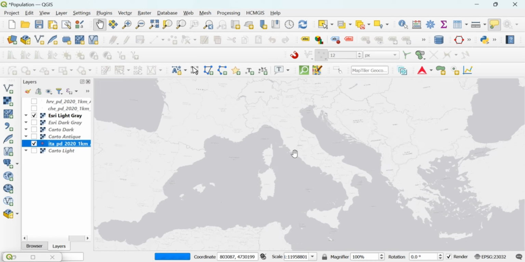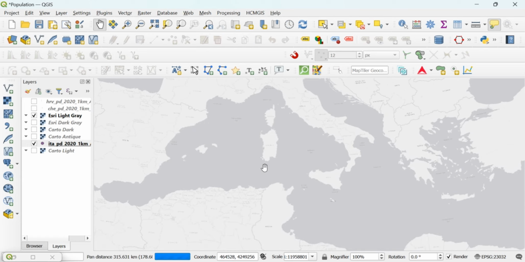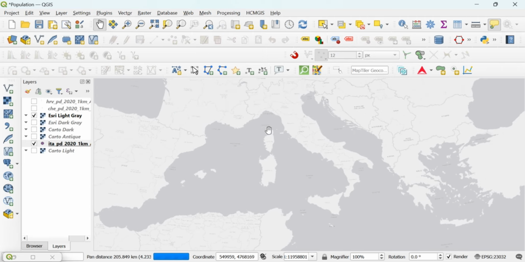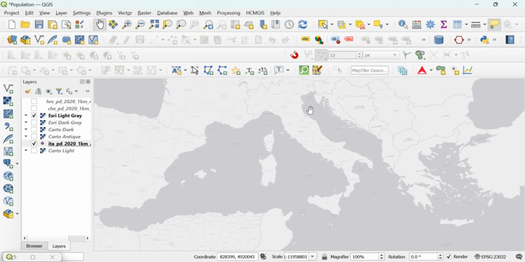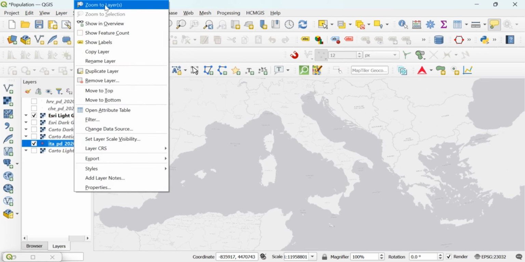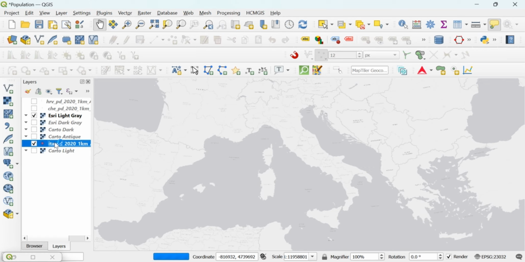Depending on how big your area is, it's going to take a while for it to load. We just wait for a moment. I think that is finished, so I have to bring this to the top.